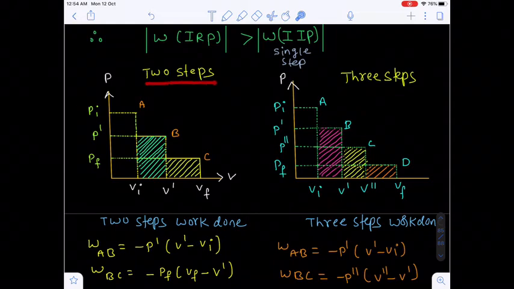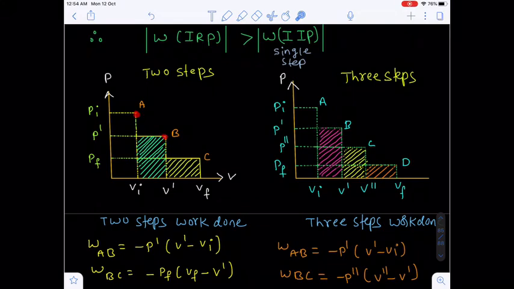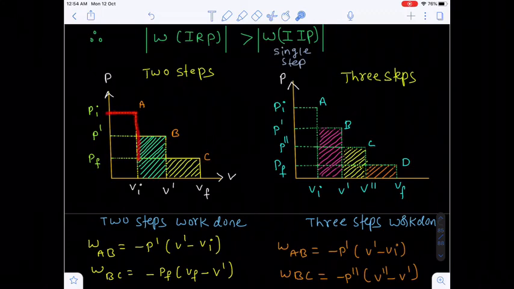Okay, now we can prove with the help of graph also. So suppose I am taking the irreversible process in 2 steps. That means from A I move to B, and from B I move to C. That means initial point A, I have pressure Pi and volume Vi. Okay, that means what happens from here to here, suddenly what happens? Pressure decreases. Pressure decreases means volume has to increase. So volume increases from Vi to V dash. Let's suppose this is the intermediate volume.